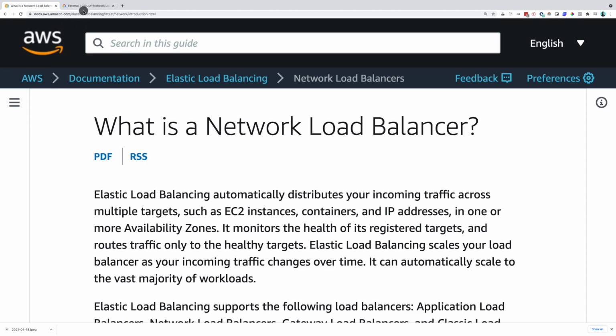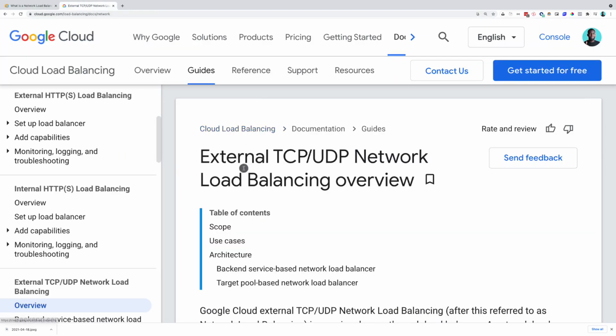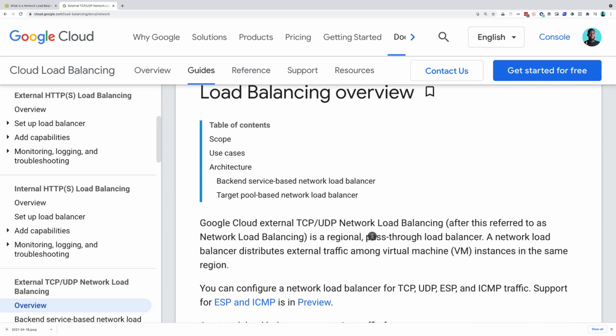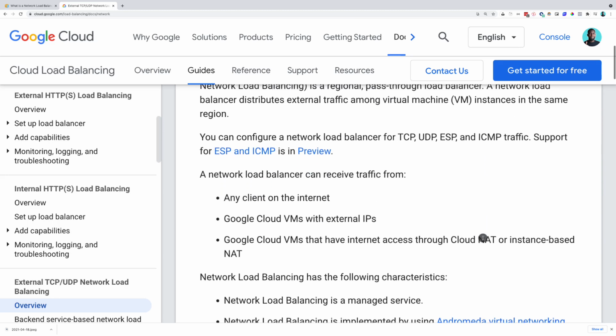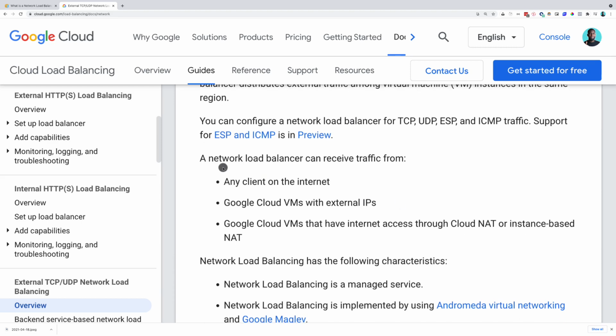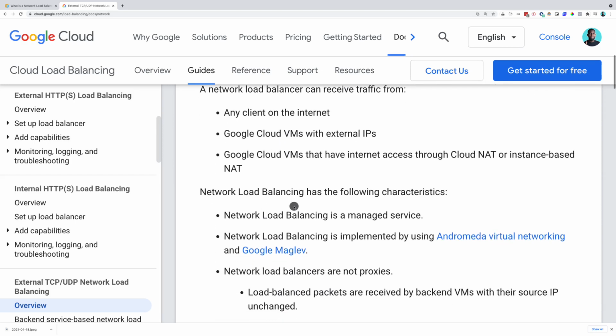If I also show you for GCP in here, so external TCP/UDP network load balancing overview. They say basically in here it is a regional pass-through load balancer, distributes external traffic among virtual machine instances in the same region. So in here you can see that the NLB can receive traffic from client VMs, and I